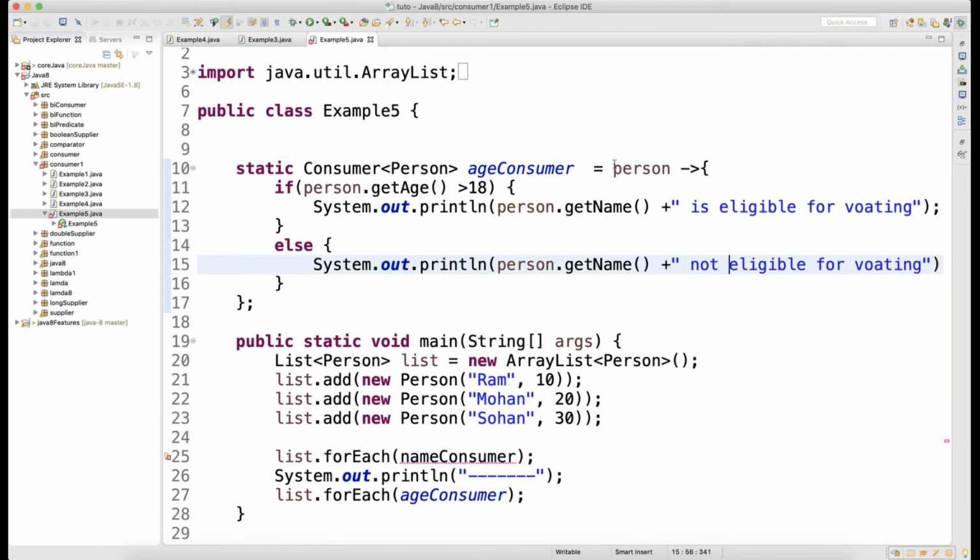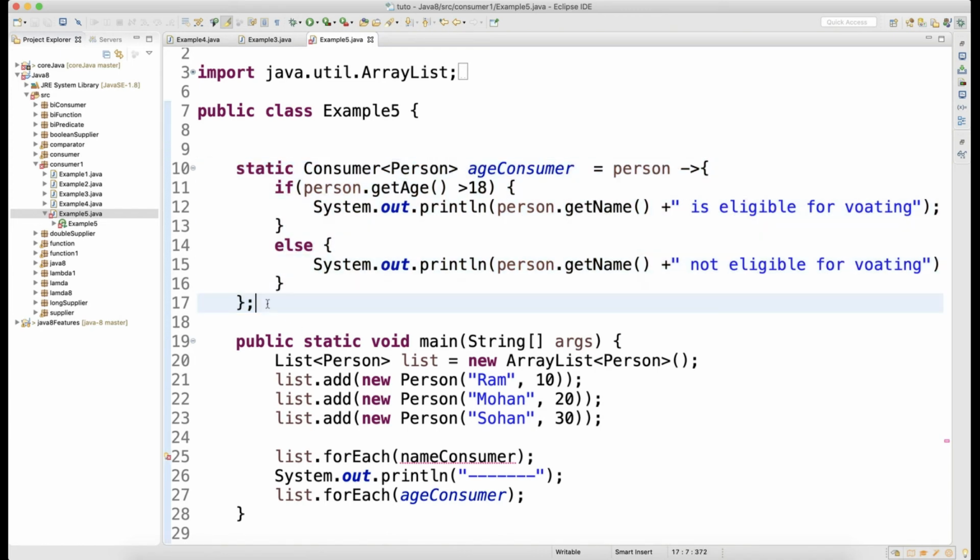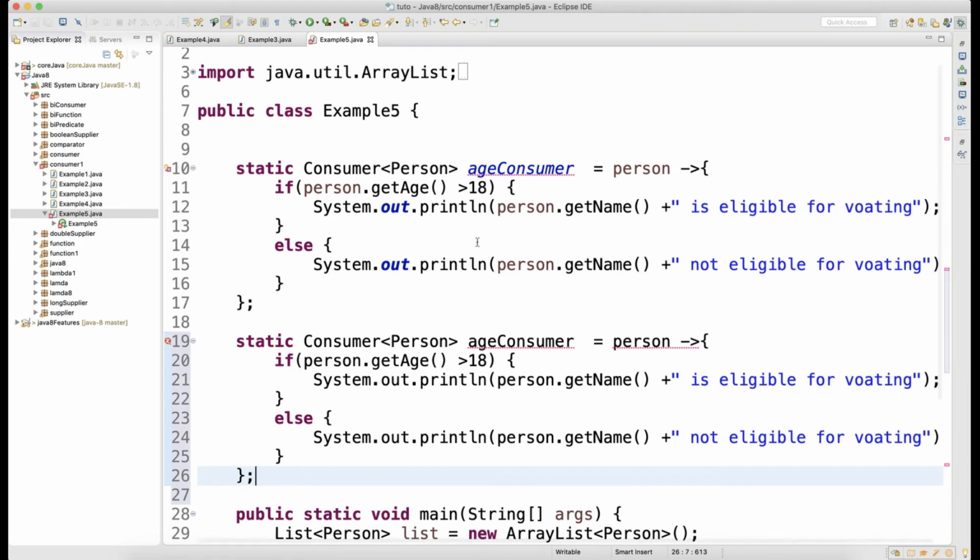Simple consumer, right? This is one consumer. Now I can write one more consumer here.